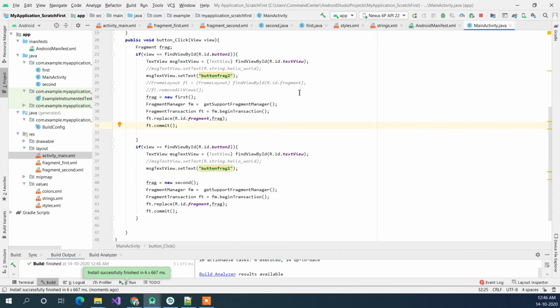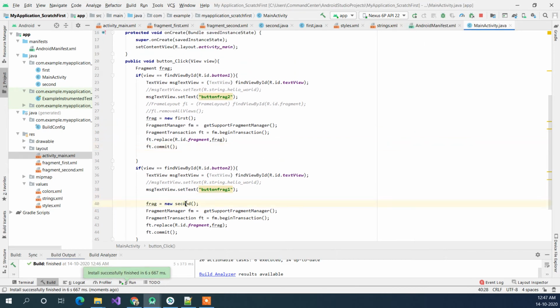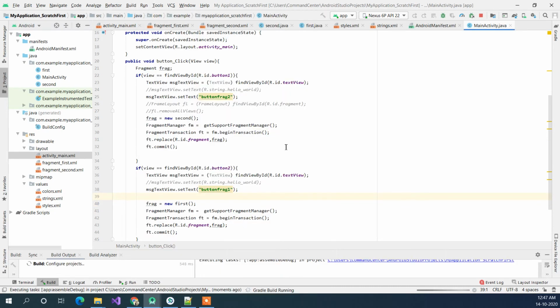And there is one more confusion which I stupidly added because of my laziness. This should be the second, because button 1 is second, and this should be the first one. And let's just try to run it again.